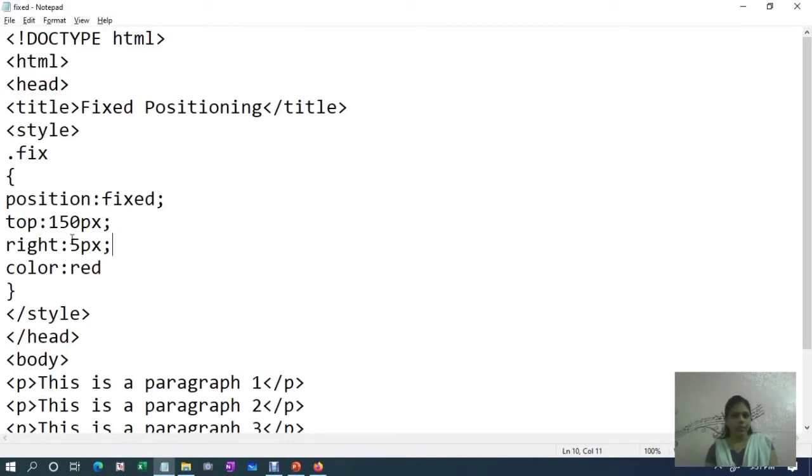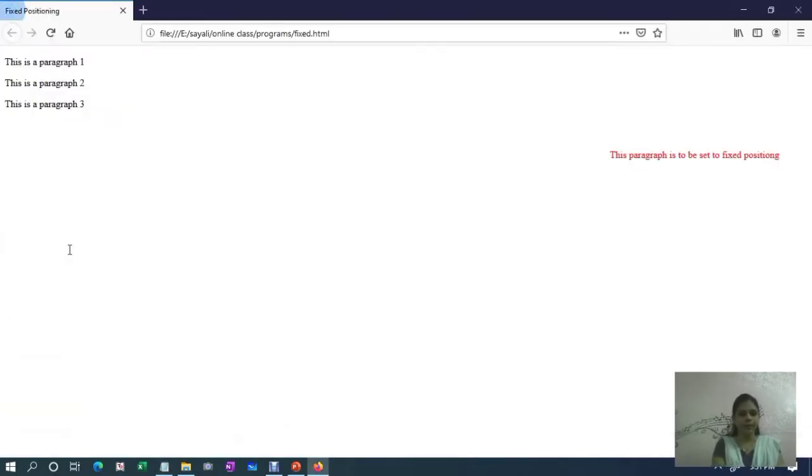You can change the properties or values in pixels here. Let us change the value from 5 pixels to 55 pixels, and now again execute the program. See here, when you change the pixel values, that position will change, and in this way you can set up a position for an element using fixed positioning.